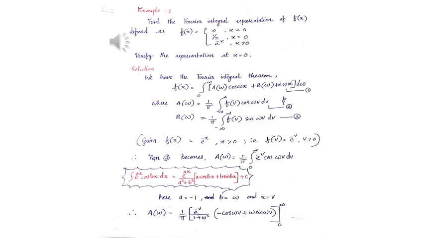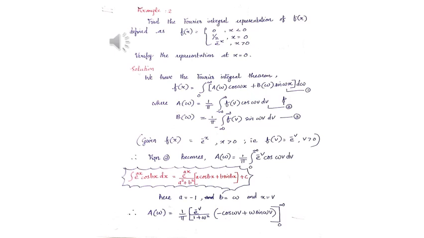So for any problem from the Fourier integral, what you want to do is take the given function in terms of f of v and substitute in equations 2 and 3 and find the answers. I have written here in the brackets, that is, given f of x is equal to e raised to minus x and the limit of x varies from 0 to infinity. That you have to take as f of v is equal to e raised to minus v and v greater than 0. That means the limit of v varies from 0 to infinity.